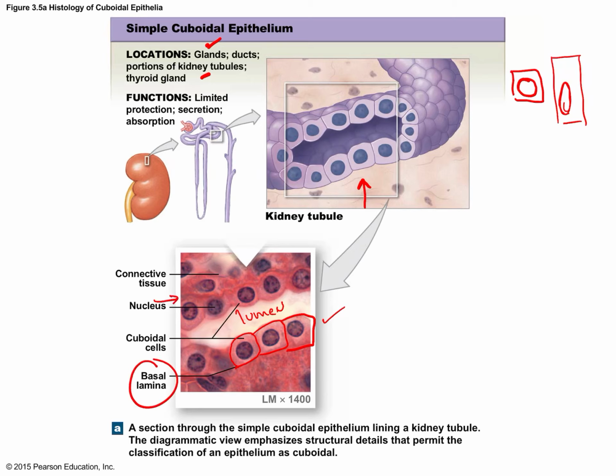And that basal lamina is showing up if you look at this top. You can see the hot pink line that runs underneath it. I'm going to trace on top of it right now, right? So it's that hot pink line, that's the basal lamina. And then under that, what do we have? Connective tissue. Okay, so again, always epithelial, then basal lamina underneath that, then connective tissue underneath that. All right, so where you find it in the body, again, glands, secretion, absorption, and now you know what it looks like. Let's move on to